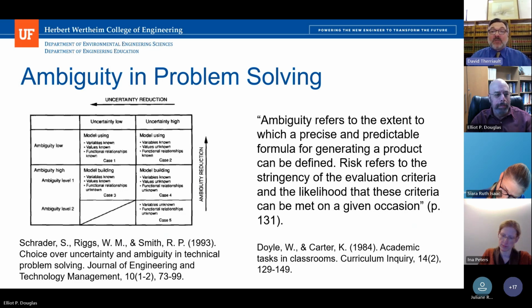Okay. Now the last one, which is the one that's going to be the most relevant for us, is in problem solving. But interestingly, when Simon and others started laying out their descriptions of problem solving, they talk about ambiguity, but they did not include any sort of definition of ambiguity. Right? So everybody sort of sees it, says it's important, but we don't really know what it is. Okay. So next slide, please.